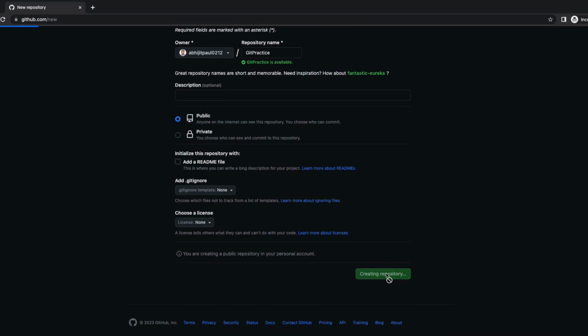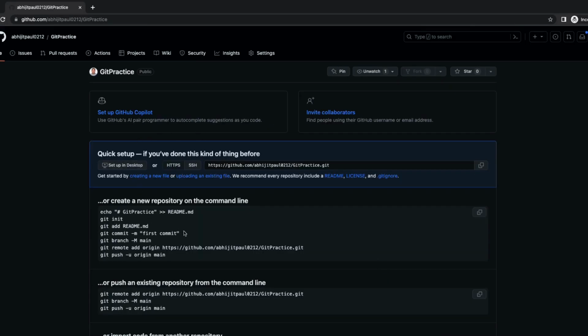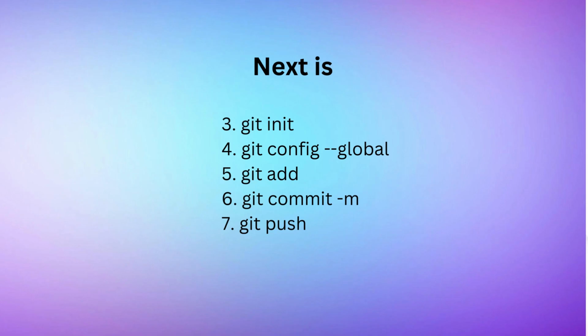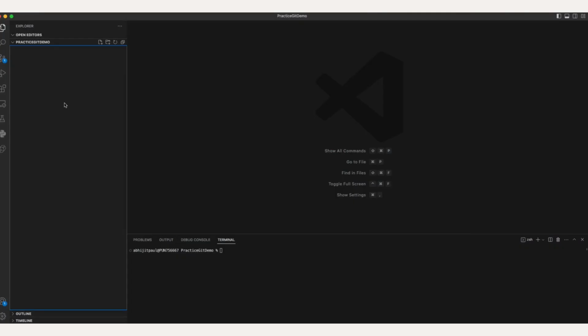So this is a simple repository, the steps to create a simple repository, and here are the commands we would be following to set up Git on our local system. I have opened up VS Code and I have created a new folder, practice Git demo. It is just a blank folder. I would go to the terminal of it